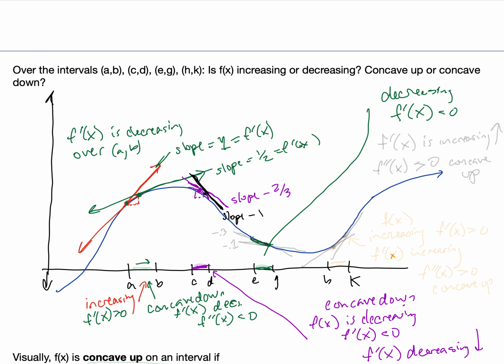What about concave up or concave down? So if we pick 2 points in that interval, like here and here, what's happening to the first derivative? So we've got a slope here and then a slope here. So it's negative and then becoming a less steep negative. So maybe this first slope is like